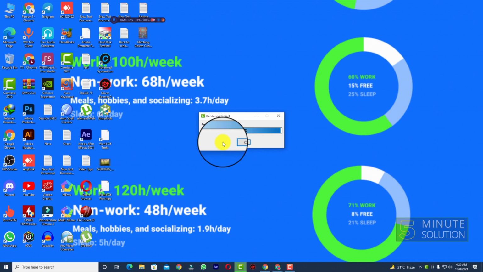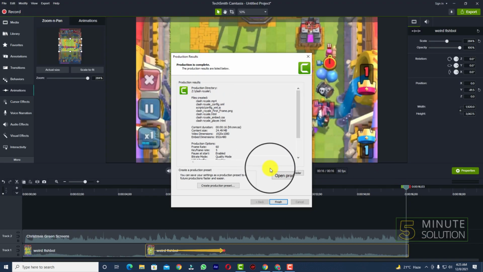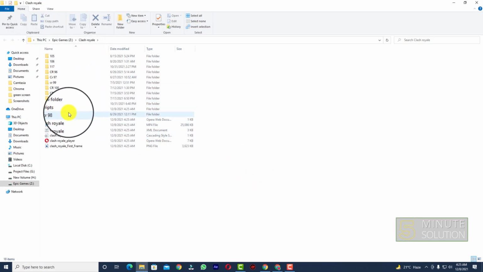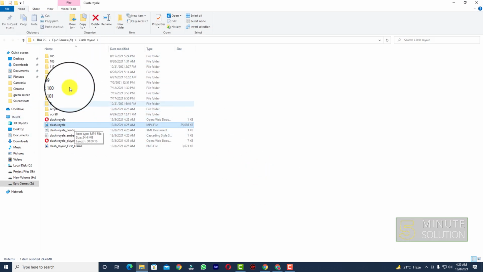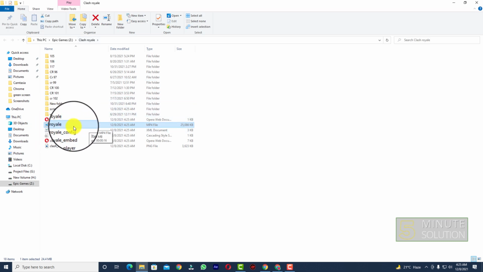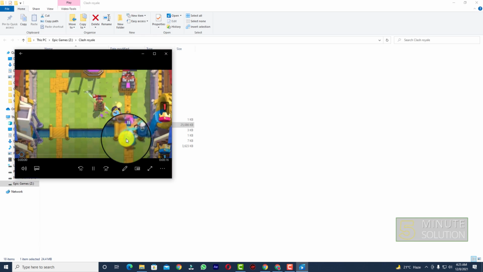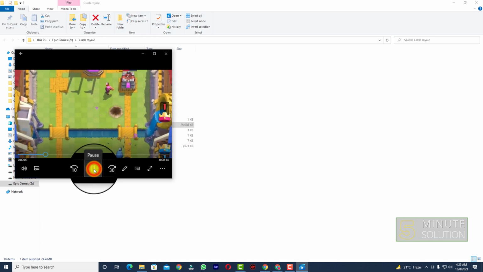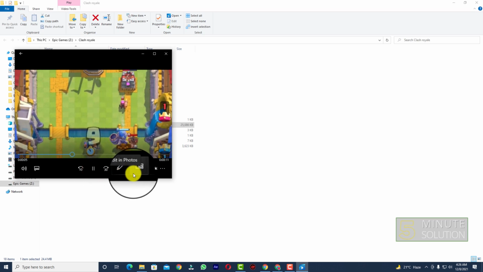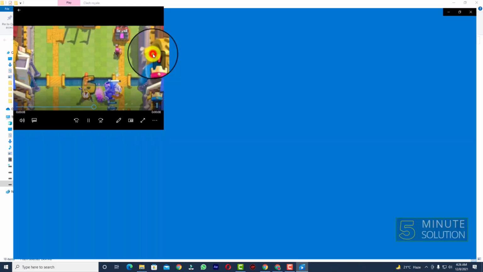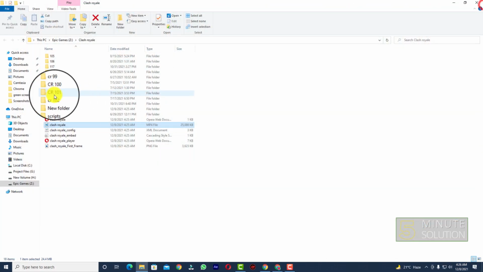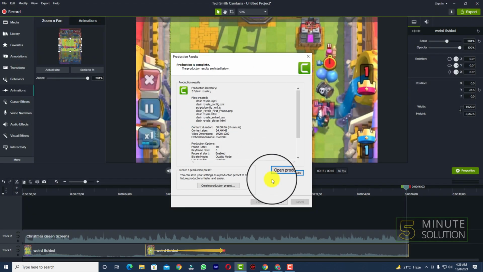Okay, and here you can see it's almost done. Now you can see open production folder. I'm just clicking on that. Now you can see this is the folder where, okay, this is the video, and these are all the related files, config and stuff. So let's just try to see. Okay, I guess this video is good to go, and it's produced perfectly. So in this way you will be able to get started with Camtasia,